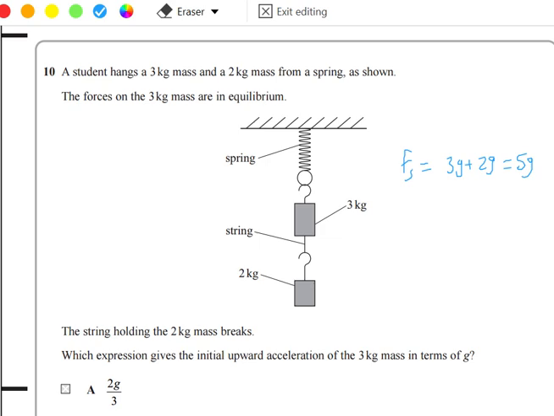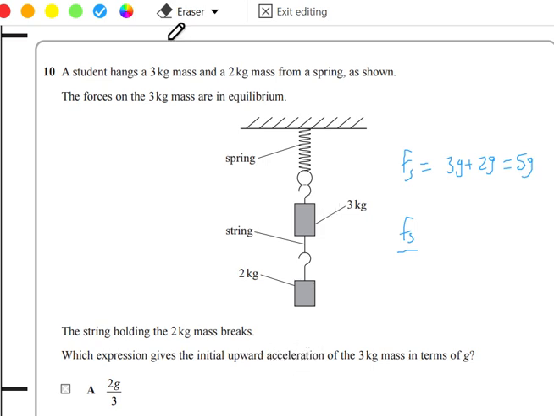As we removed the 2 kilogram and the 3 kilogram will move up, we have this force divided by 3, okay, but we have basically the resultant force on the 3 kilogram that when we divide by 3 we get the acceleration,